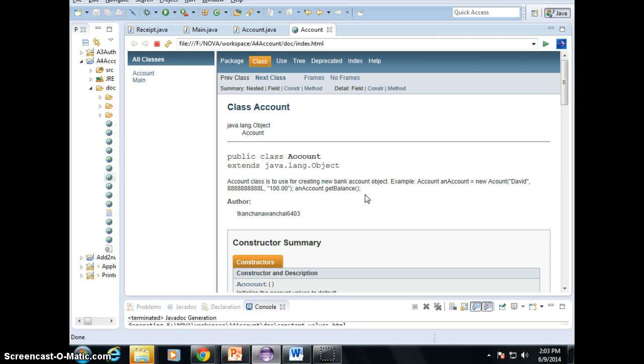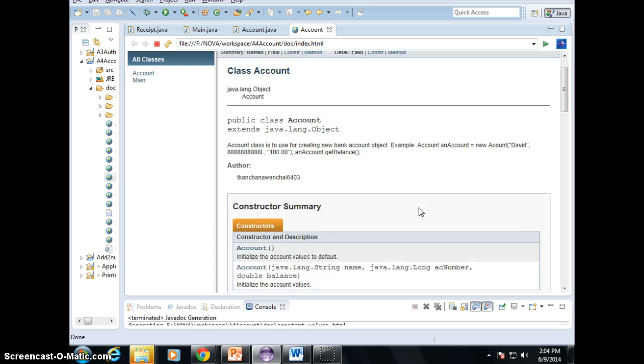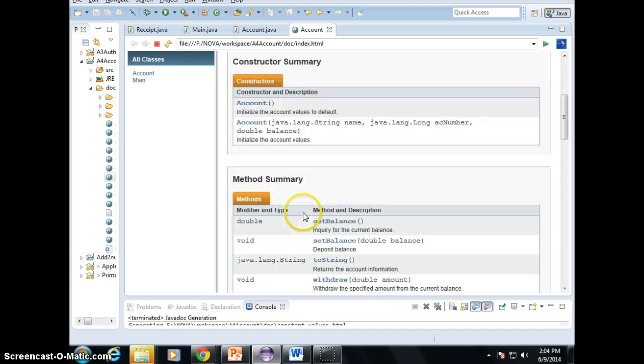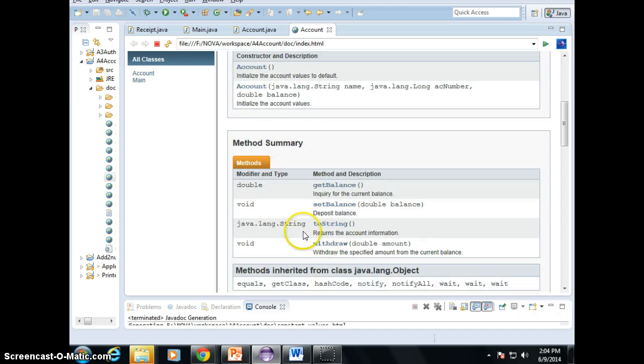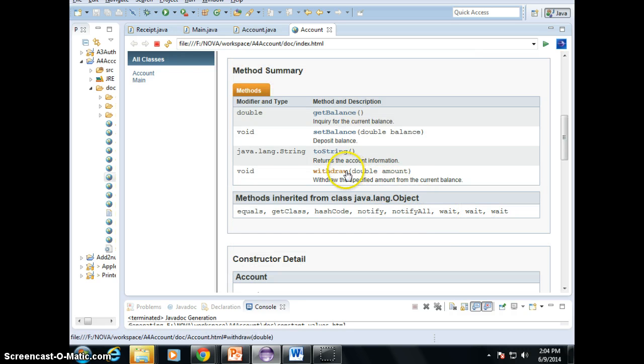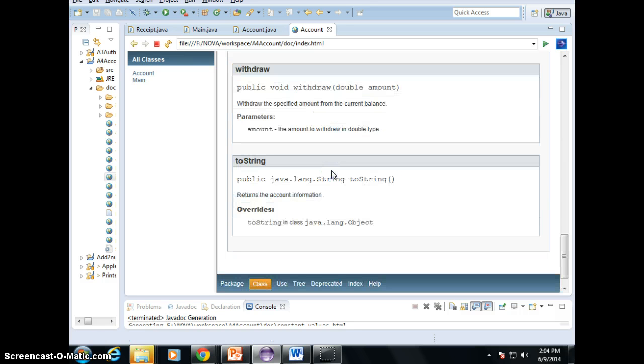See that? I have comments, an example of how to use it, right? Just like the way that you read Java doc, and the author name. You see initialize, all the comments go here. Constructors, and the methods too, all the comments go. See, withdraw, specify the amount. When you click,